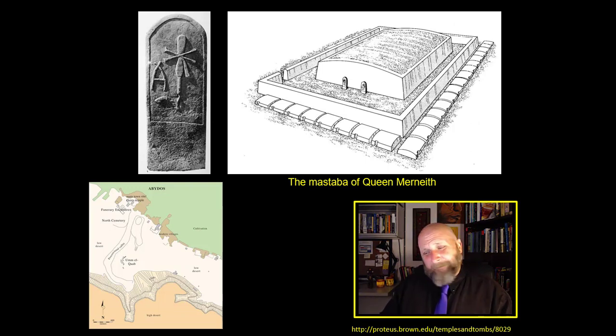If you were a common worker or a potter or a weaver, you might not get a very big mastaba, and your mastaba is going to be mud instead of limestone. But it doesn't matter. The important thing here is to understand that the size and degree of elaboration of your mastaba directly correlates to your status in Egyptian civilization.